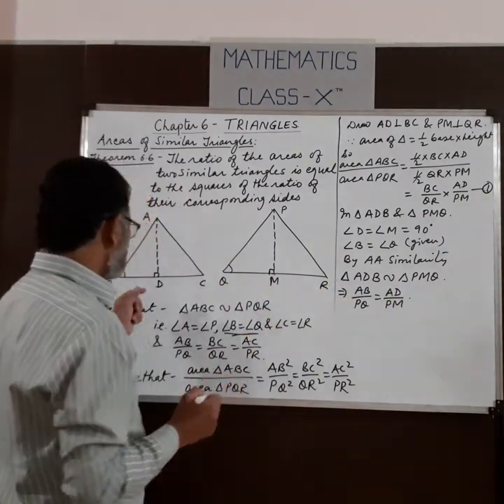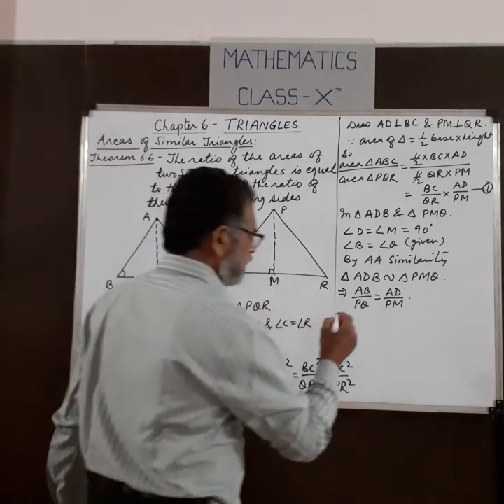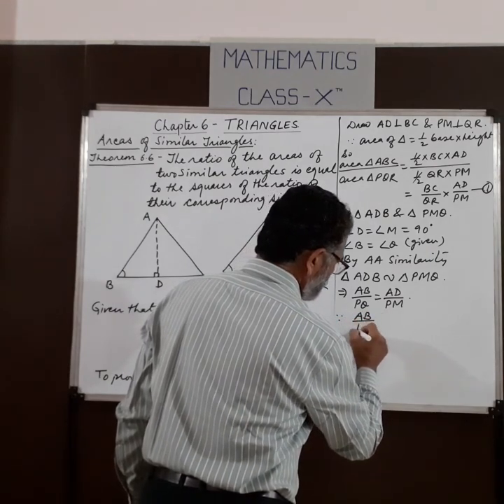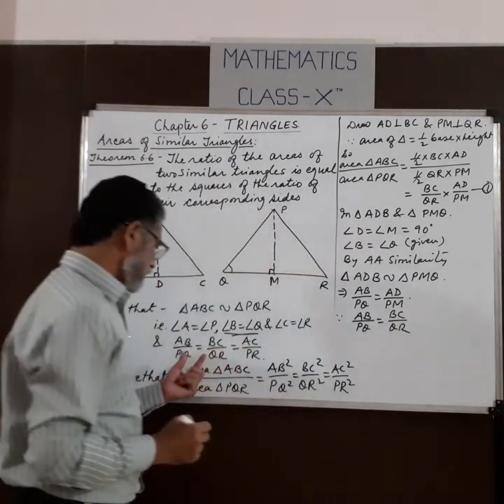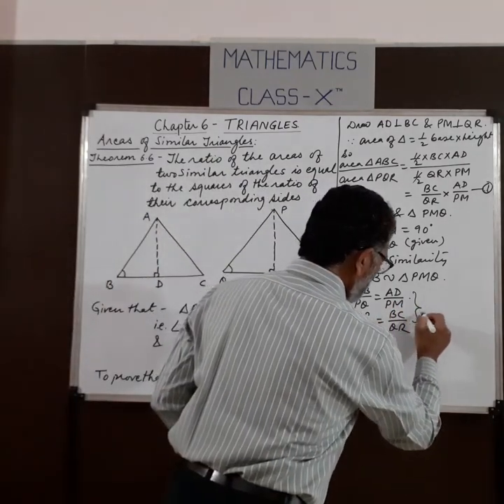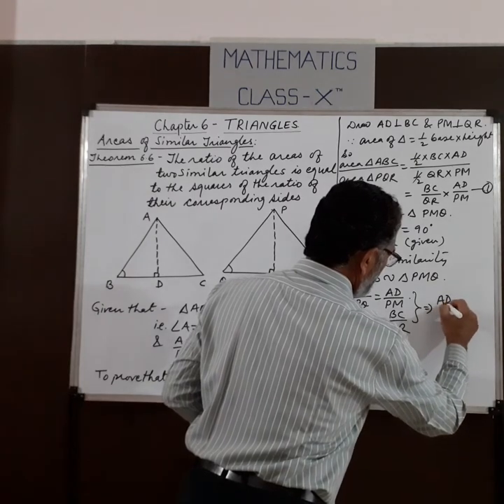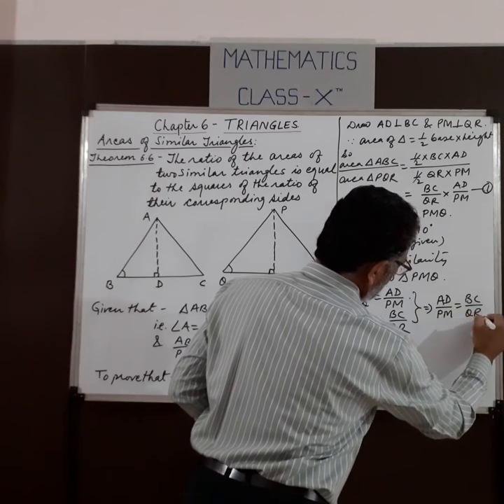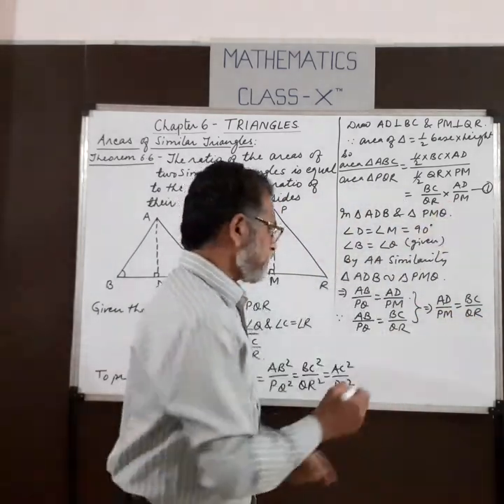Okay. Now what is given? AB upon PQ is the same as BC upon QR. This was given. So from these two we have AD upon PM is the same as BC upon QR. Now AD upon PM is BC upon QR. So from one,